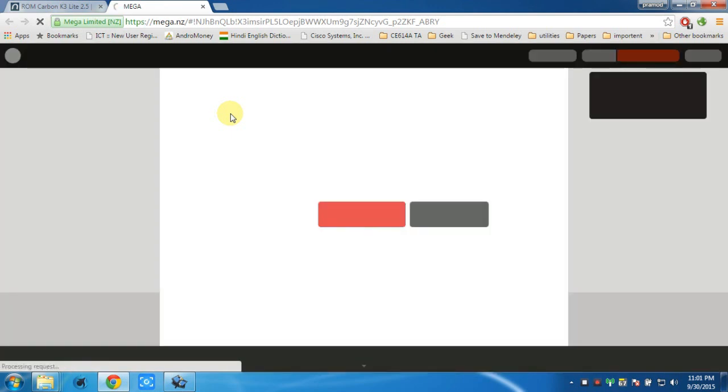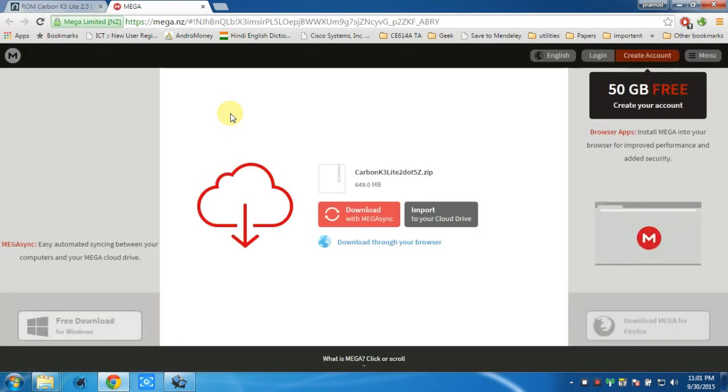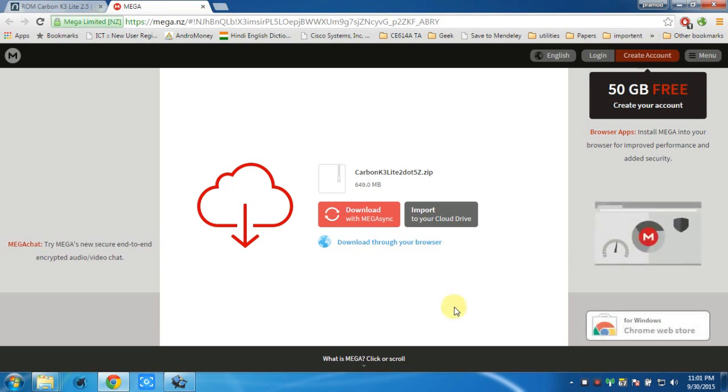So first thing is we need the custom ROM. One important step is that your phone should be rooted. It should have some custom recovery installed. Remember, if it doesn't have custom recovery installed, you may not be able to install custom ROM, right? So how do you install the custom recovery, or how do you root your phone? You just have to watch my video where I am showing how you can install custom recovery.